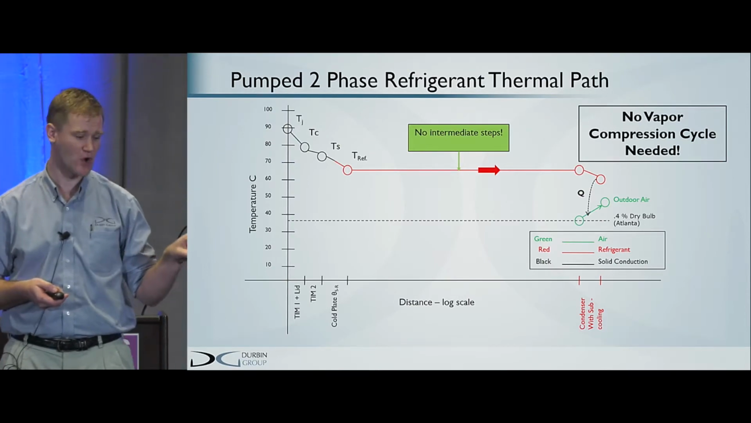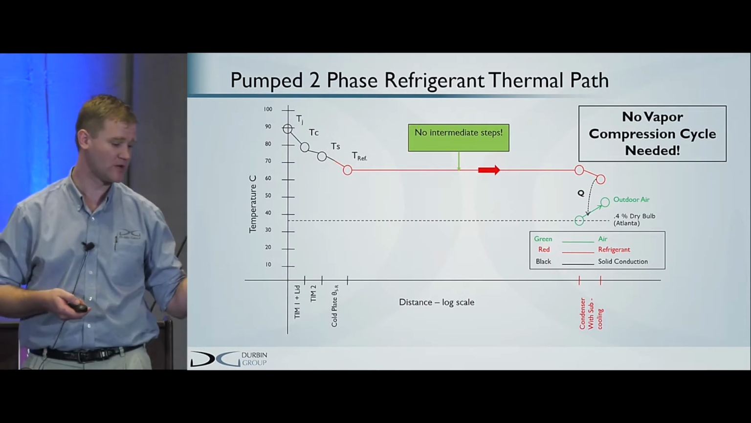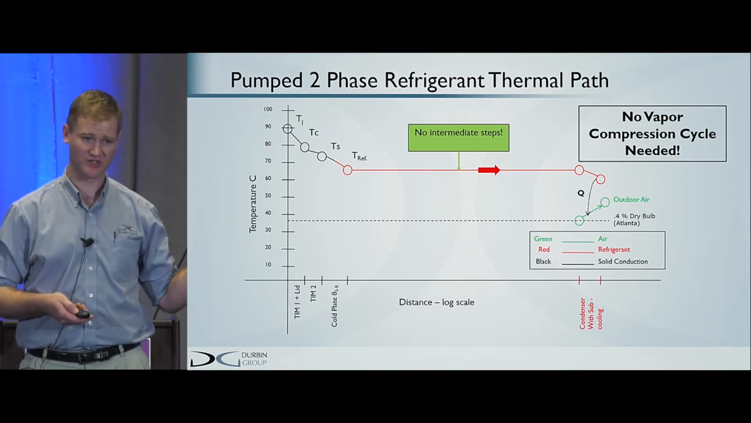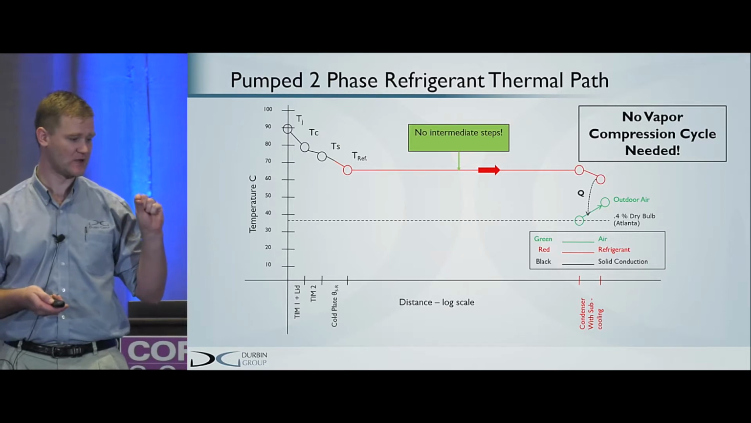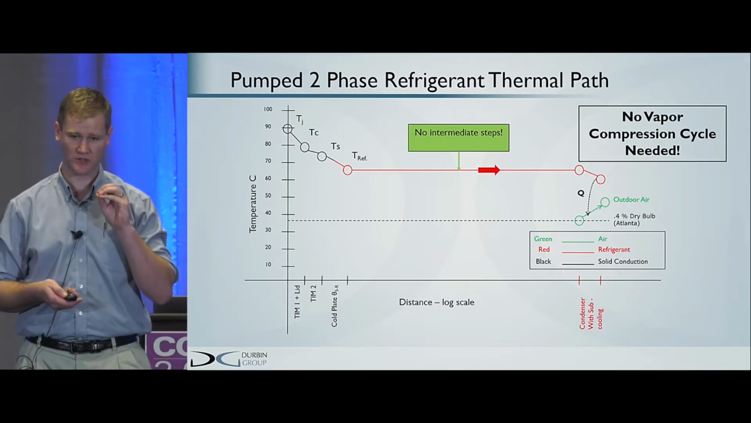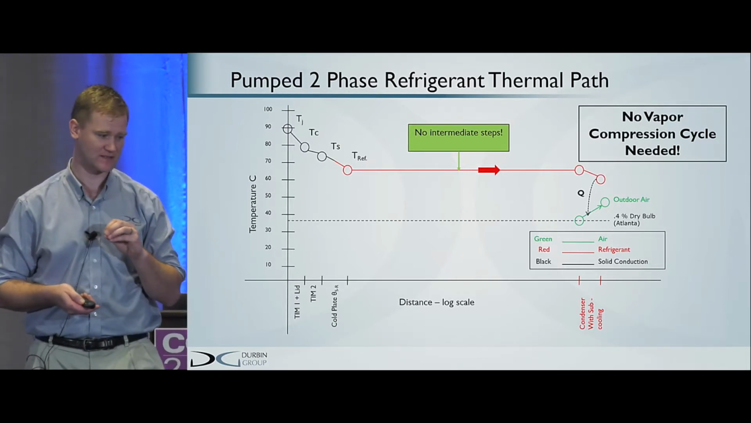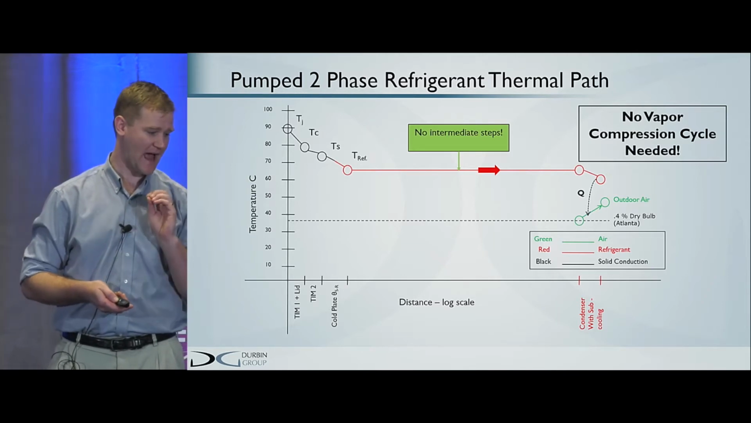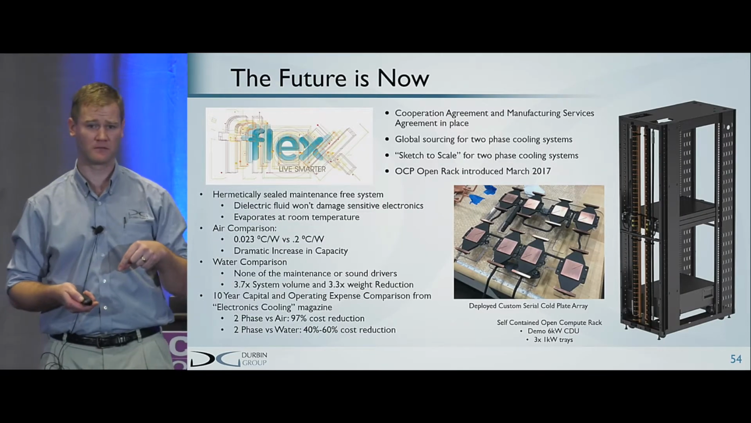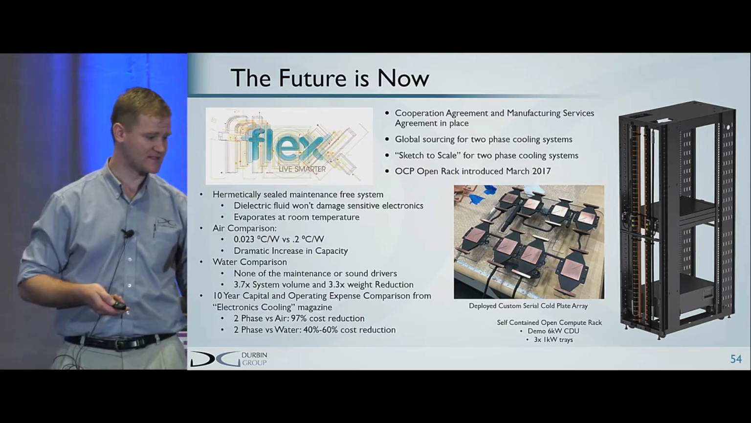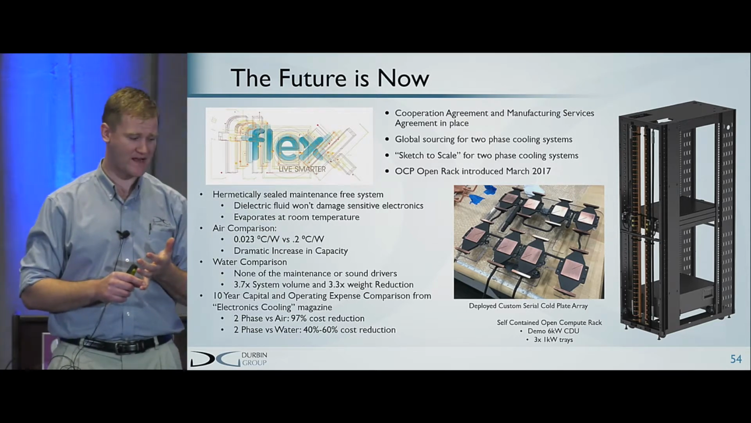The efficiency is so incredible that you don't need a compression cycle, which is the single highest energy utilization in an HVAC system. So you can eliminate that and get amazing efficiencies. And this is now. This is right now. These systems, low maintenance,